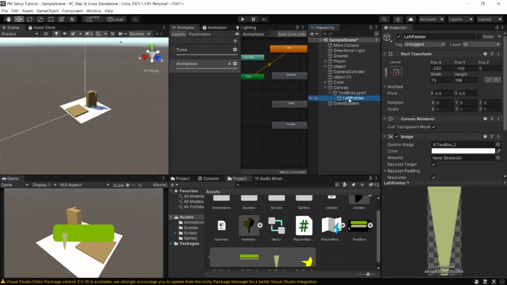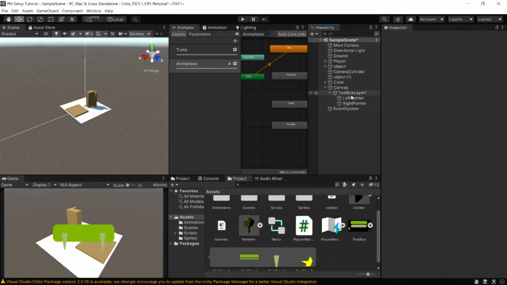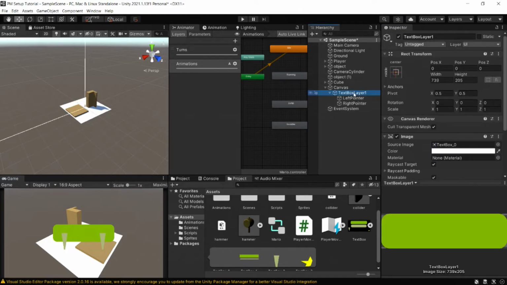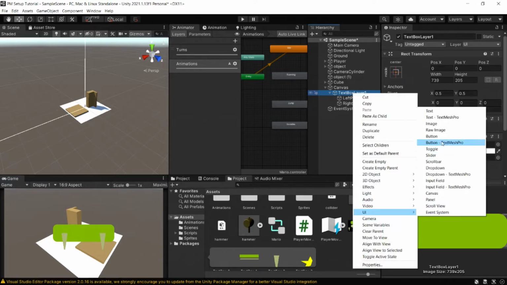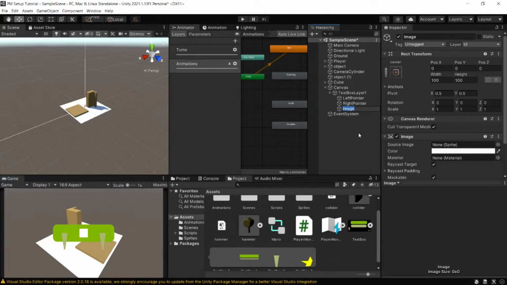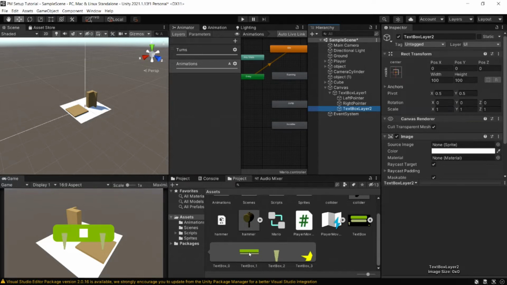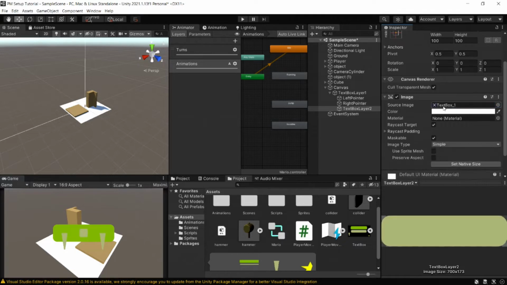And we're going to duplicate this and we're going to rename it to right pointer. And this, we're just going to change it from -230 to +230, and then we're done with that. Next, we're going to click on our text box layer 1, and we're going to create a UI and another image, and this one's going to be text box layer 2, and we're going to drag in the layer 2 for that. Click Set Native Size. And I think that looks good already for where it is, so I'm just going to